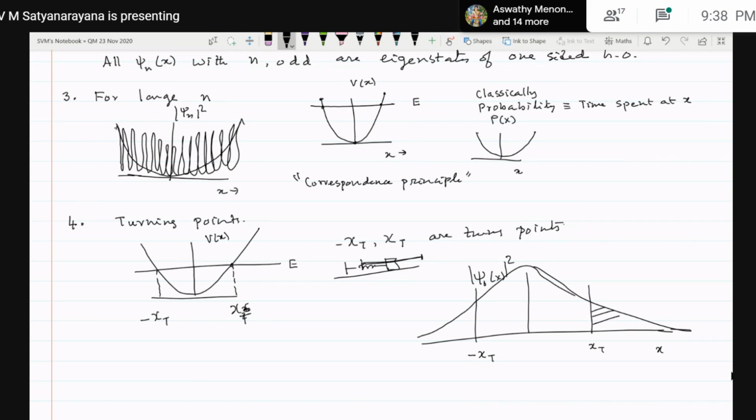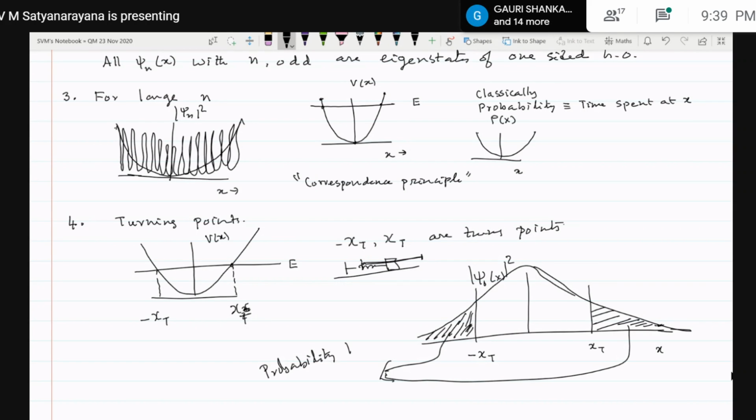So this area plus this area. Okay, so when you do this integration, that will give you that this area and this area together will give you